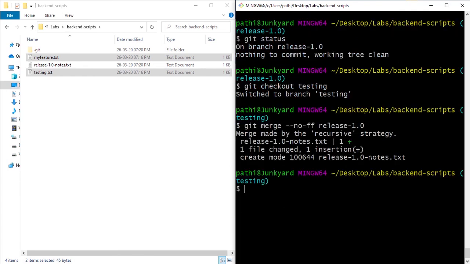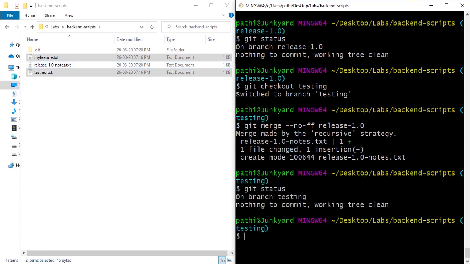Now I have saved the file, and did you observe that? The release notes got added. It was only two files, and now the release notes got added. Now if you look at git status,